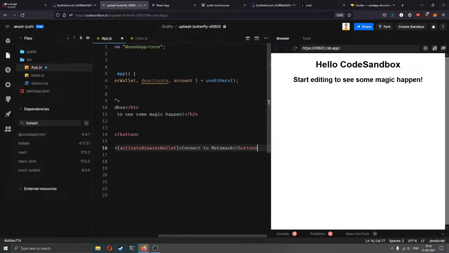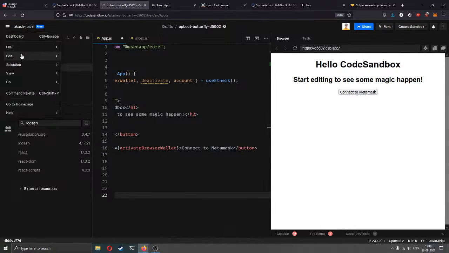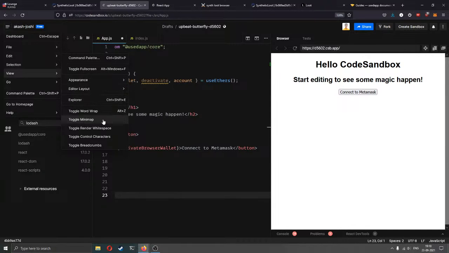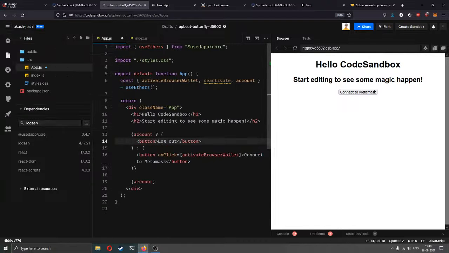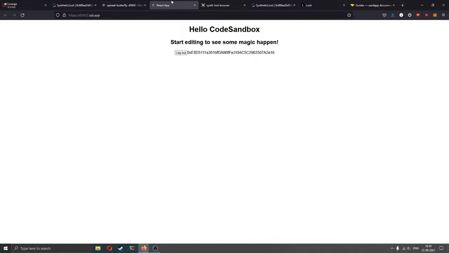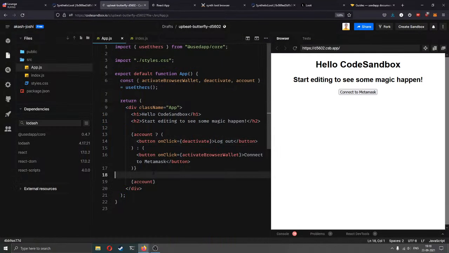Otherwise we can log in via Metamask. And let me actually toggle word wrap here so it's clearer. And yeah, on click I can deactivate if a user is logged out. So yeah, I see the logout button here, and I'll add